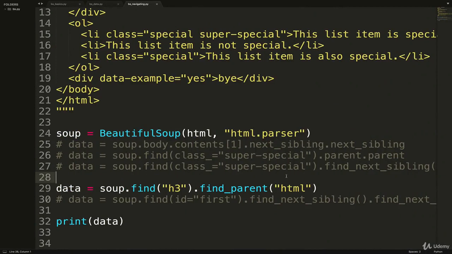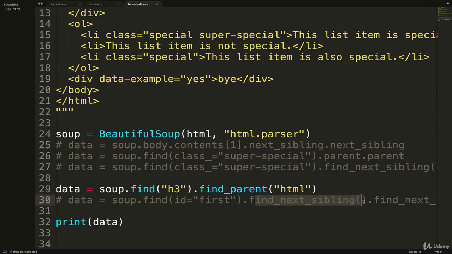They allow you to navigate by searching rather than kind of in the dark, just fumbling and calling next sibling, and hoping it's not a new line character. These methods will actually search based off of what you're looking for. Okay, so that wraps up the basics of Beautiful Soup. There are some other methods and additional functionality we haven't gotten into.